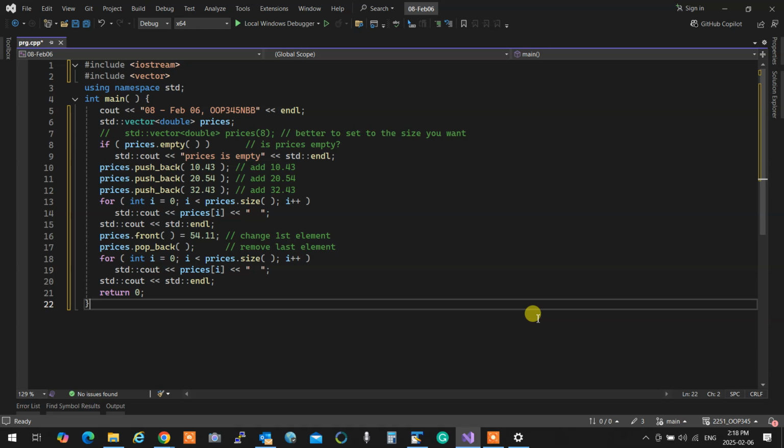So that's it. You can see what is at the top of the thing. You can see what is at the back. And all these things are set up for a vector. Not only a vector, any other container that I tell you, because they're all inherited from containers. Therefore, they all work the same way.